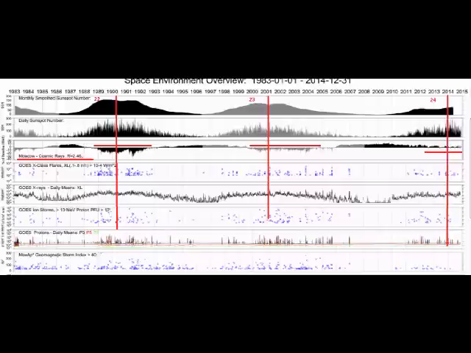But the importance of this space environment overview, and the reason why we keep going back to it, is it captured from the mainstream organisations what was going on during the maximum of solar cycle 24, not just with sunspots, but more importantly with something that changed. And that is, if you just go down 3 columns and look at those vertical lines, you'll see that at that point we experienced a unique time with regards to what was taking place during all the other solar cycles, and that was an influx of cosmic radiation during solar maximum.